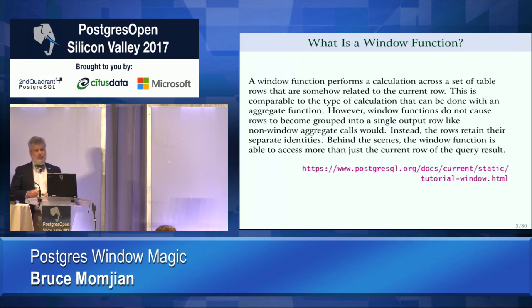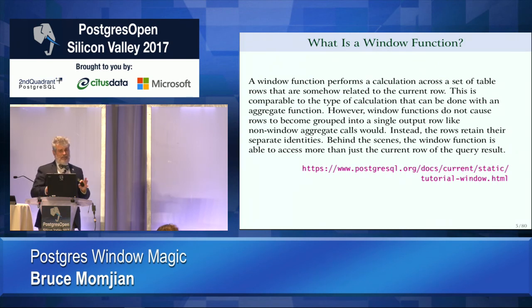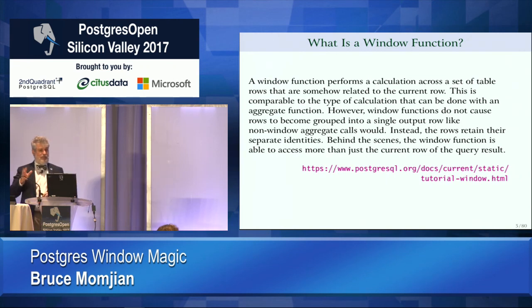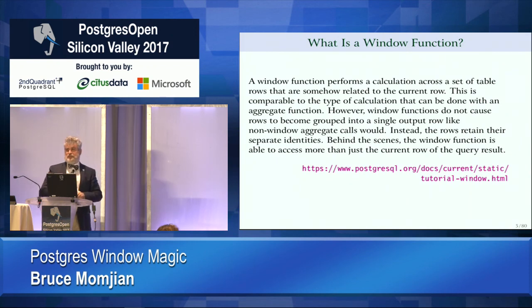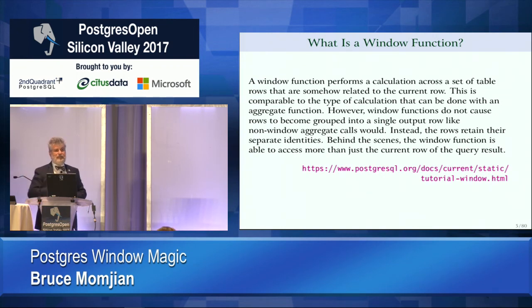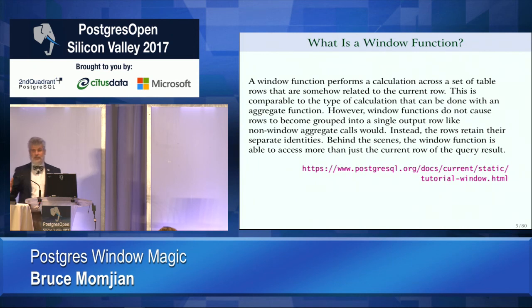This is a definition for window functions. In fact, this is a somewhat improved definition. It's in the Postgres 10 docs, slightly modified from what was in Postgres 9.6, as I remember. And again, you're not going to read this presentation because it's on my website. You're probably going to want to look at it later. You're going to walk out of here and not use window functions for a month, and then you're going to be like, oh, I need to use one, and you're going to have to go to these slides. So there's a lot of detail in these slides that we're not going to go into, but because it's online, you can go back to it.